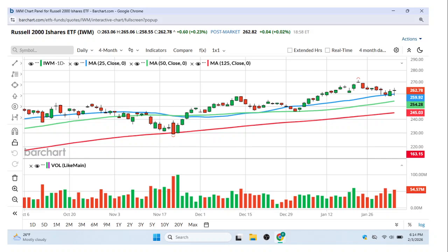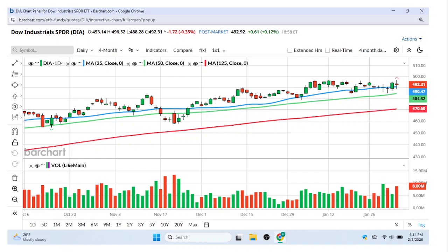Here is a chart of the Russell 2000 shares, symbol IWM. This is more of smaller cap stocks from different industries, but this is still in a major uptrend with all 3 major moving averages pointing up. Looks like we bounced off of this 25-day moving average. So that looks like that could be a bounce after a slight pullback, and that looks like that should go higher. Okay, that would be my expectation for that chart. Now, be careful though, because the other two big indexes can pull these other smaller indexes down. So that would be my one caution on that.